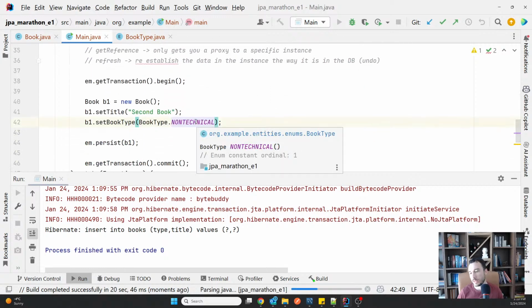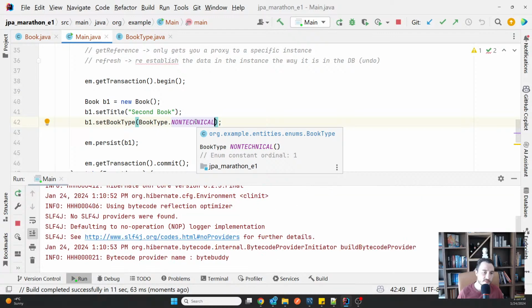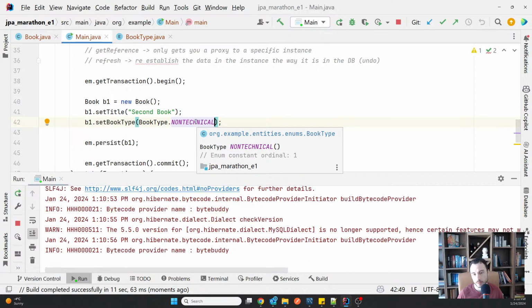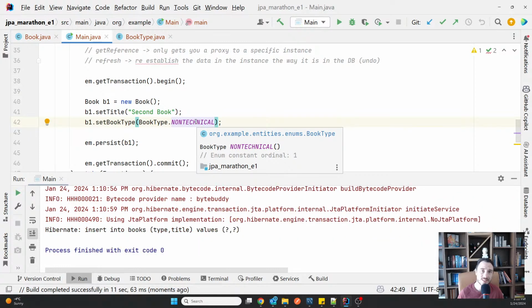So which is the best way to use enums, string or ordinal? Ordinal has the advantage of being a number, which has the advantage of being smaller and at the same time easier to index. So if you expect to index on the type at the database level, having an ordinal is definitely better from the performance point of view.